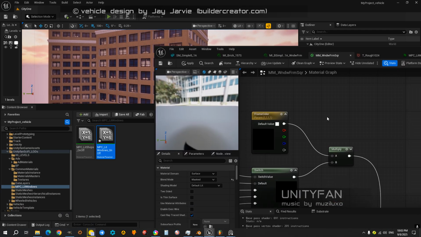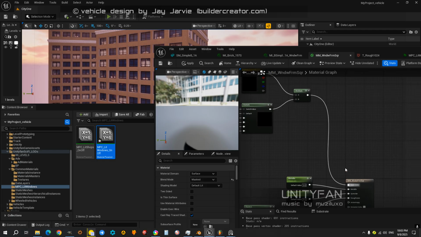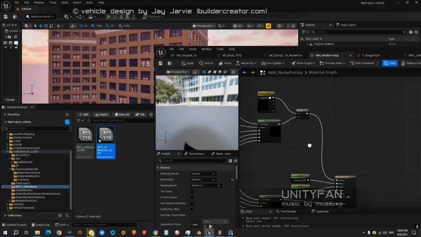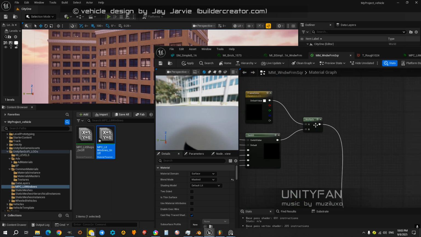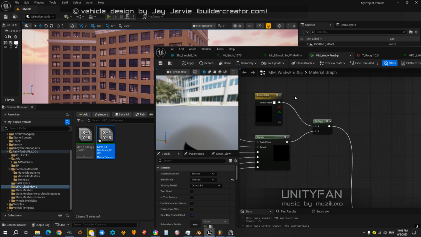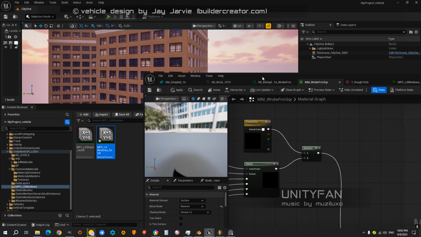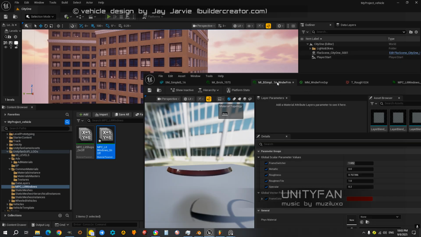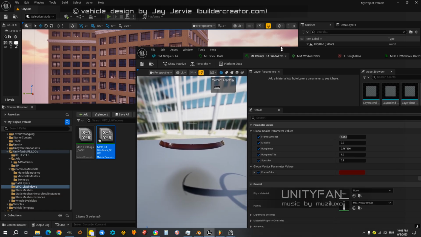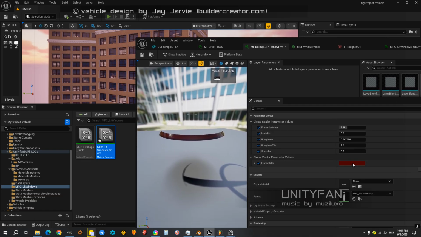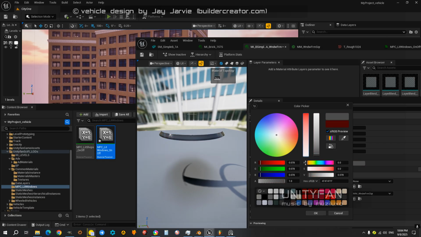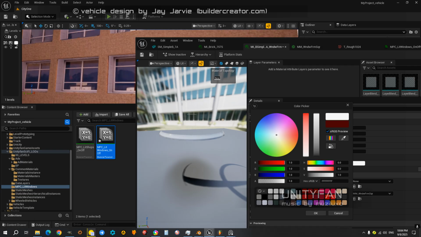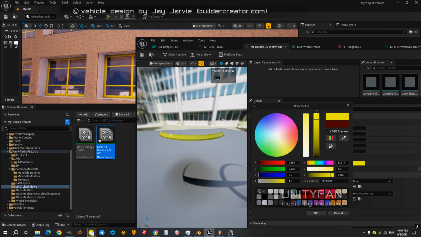What I was showing you, this little connection, base color through multiply to a 3 vector constant, it represents color. Later when you make an instance of that material here, you can change the color to anything. You can select any color you want, basically.